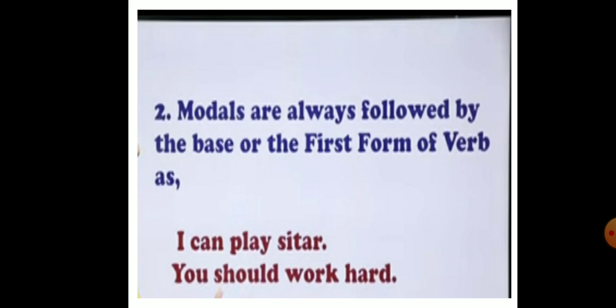So let's go on to the use of some of the modals in a sentence. The first modal is can. Can shows ability, suggestion and request. For example, I can play basketball. In this sentence, it shows the ability of the person. That means I have the ability to play basketball. So we have used the modal can here.